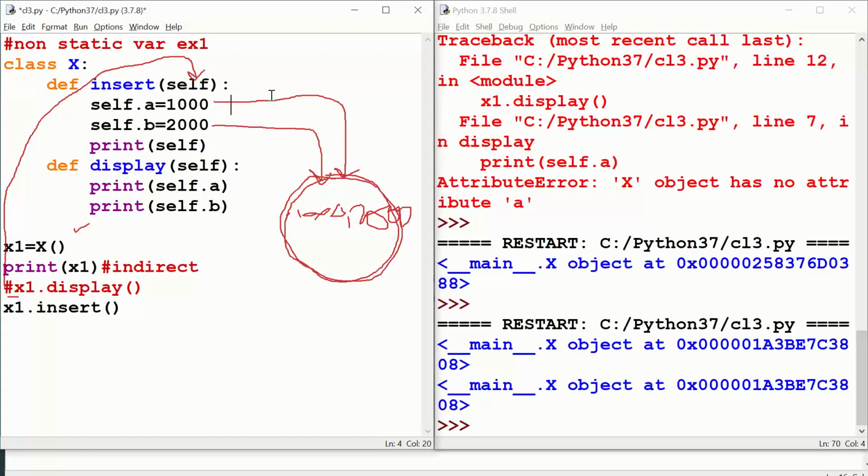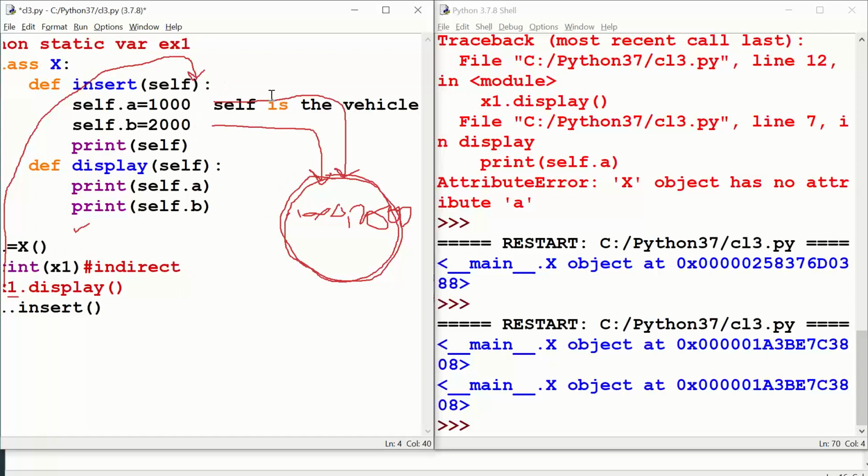So you can imagine self is the vehicle which is dropping both A and B at the railway station. Here, the railway station is your object. So self is dropping A and B into the object. Do you think A and B know where the object is located in the memory? Never ever.